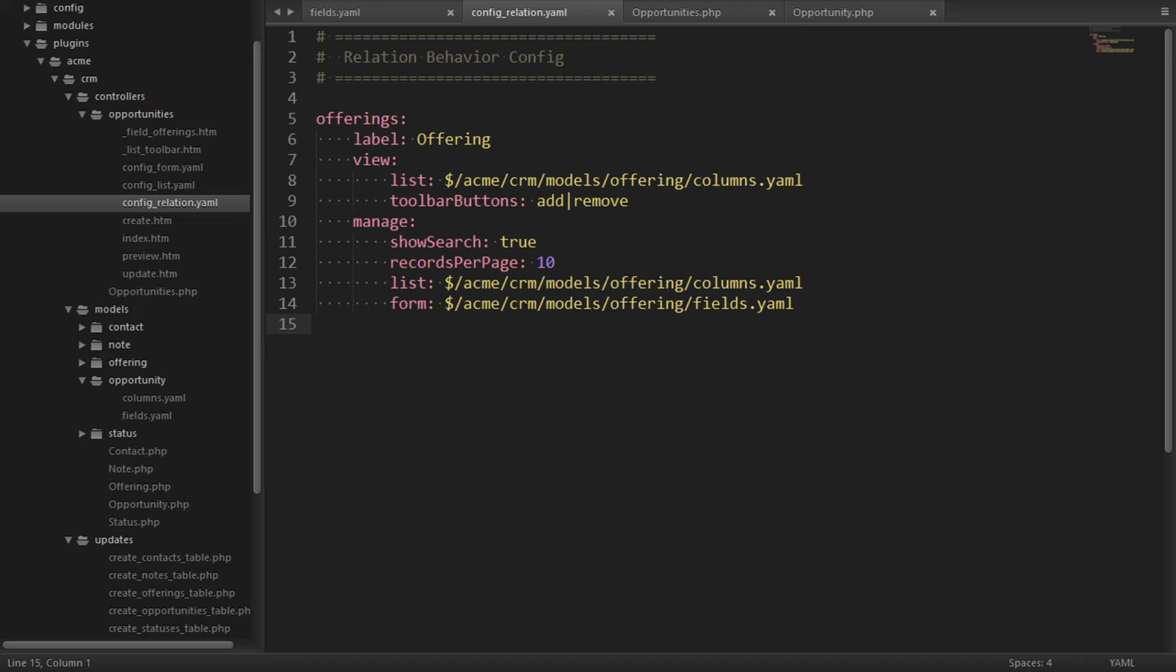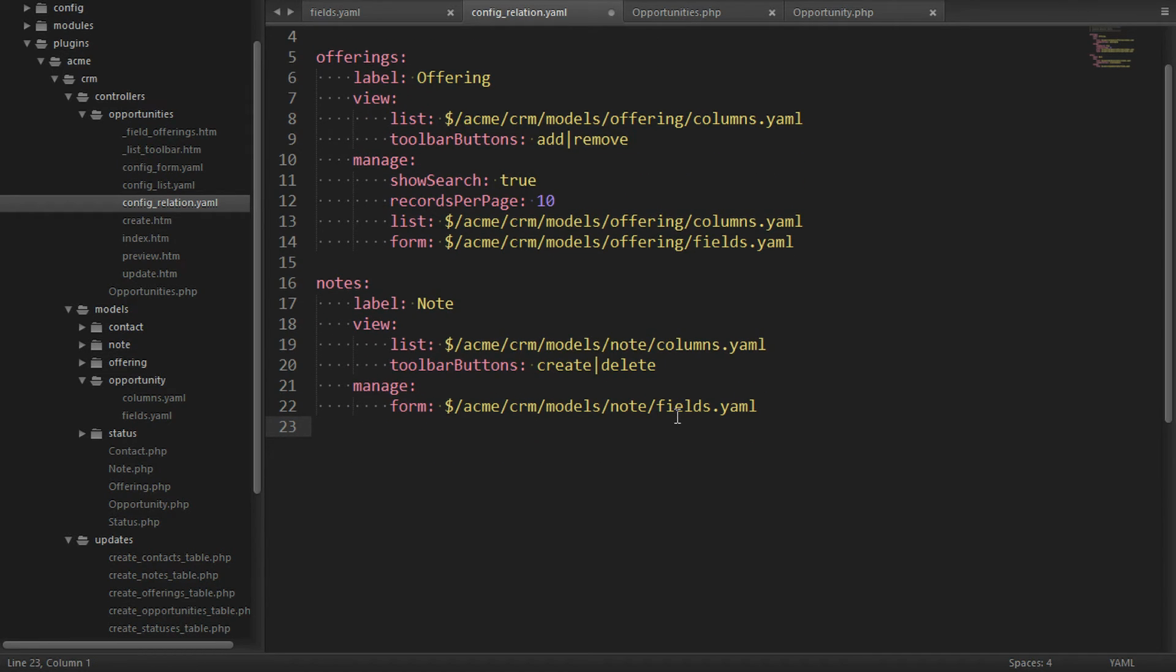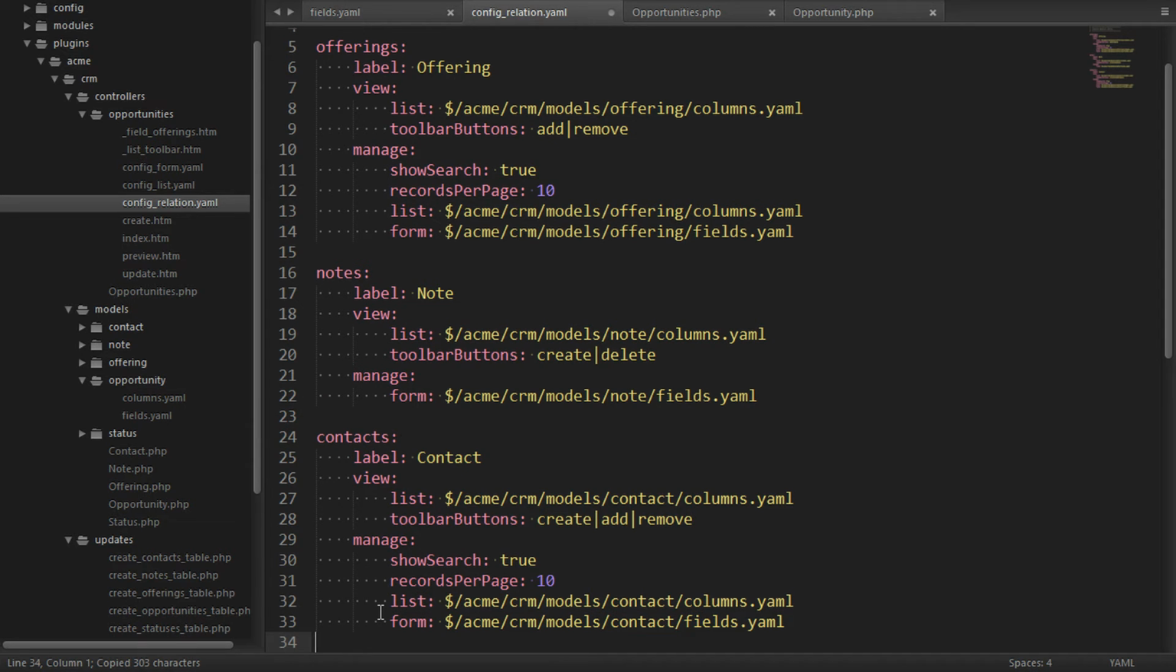So the first thing we'll need to add is the notes. I've pre-prepared this config, and as you can see, it's very similar to the one above, except that notes belongs to the opportunity, and the opportunity has many notes. So that's slightly different in terms of the configuration, but you can view the documentation and it has examples for every different relation type. We also need to add a relation for the contacts, and the difference between this one and offerings is we have a create button, and that's pretty much the only